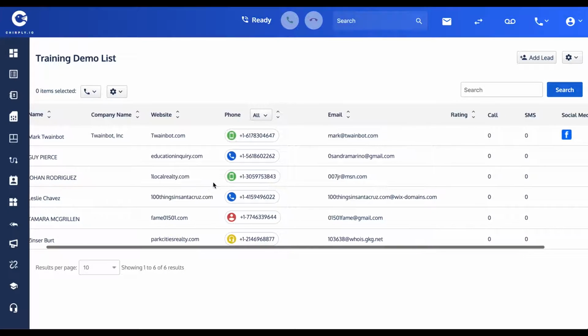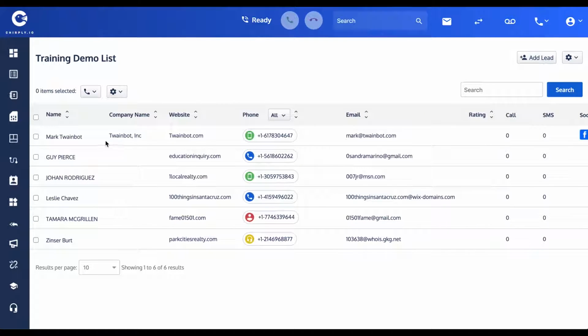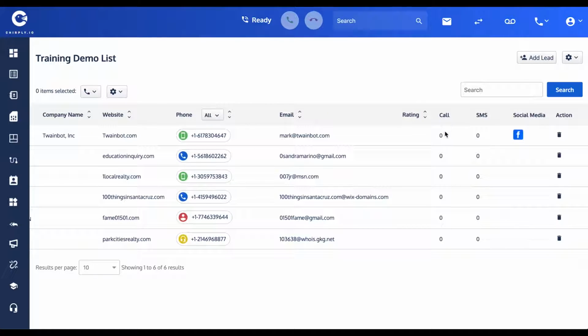The data scrolls a little bit to the right on my screen, but you're seeing a number of the fields that we imported. In the call column, that's the number of phone calls back and forth I've had within the platform with that contact. They're all 0 at the moment. And likewise, SMS history, correspondence that I've had. And then the final column here, action, gives you the delete button if you want to remove an individual contact